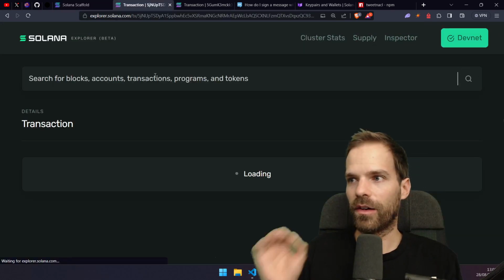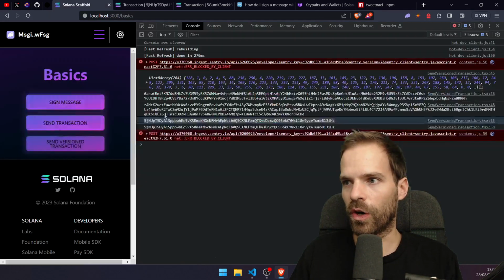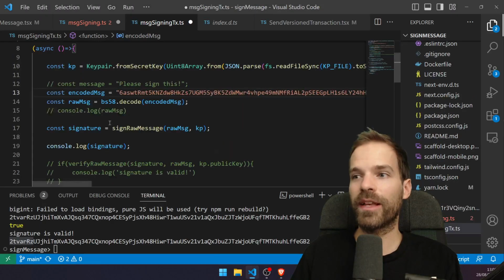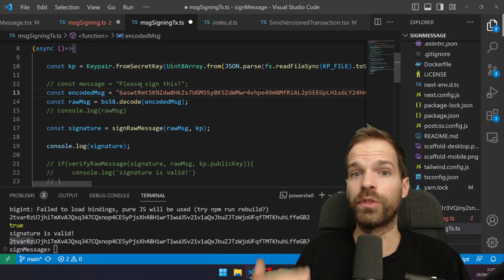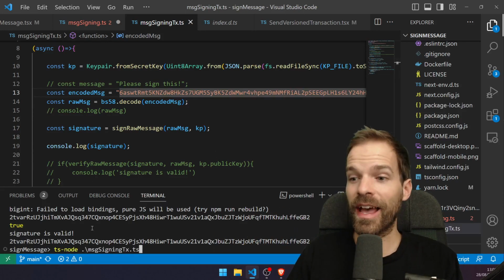I find that on the Explorer. I did sign it and it went through. So now let's grab this message. That message now includes those compute budget program instructions as well. And if I sign that,